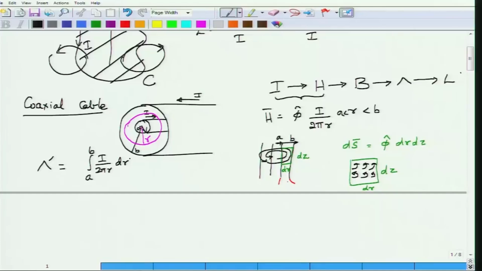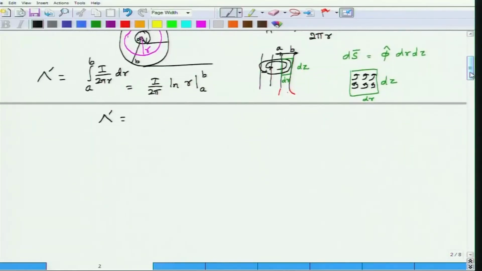This is dr. The integration with respect to dz has gone. So this integral can be evaluated, and it is given by I by 2 pi times log of r between A and B. So clearly the flux linkage per unit length lambda prime is given by I by 2 pi log of B by A,